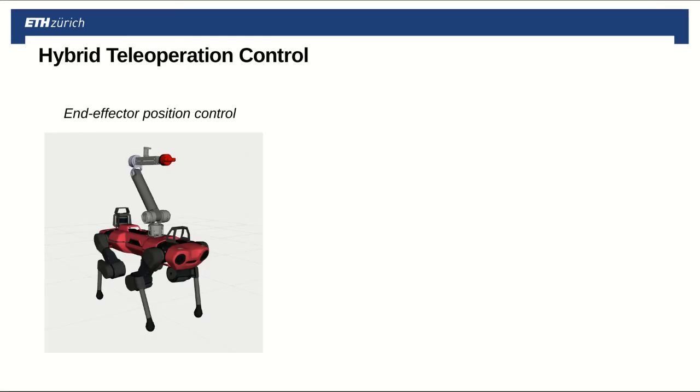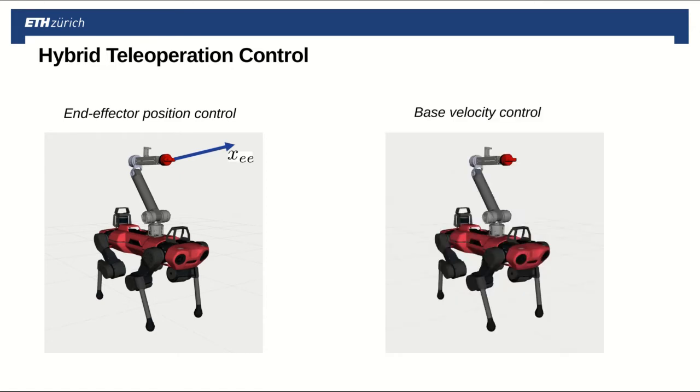There are two teleoperation modes that have been created. One is the end-effector position control mode, where the position of the master device is mapped to the position of the end-effector of the teleoperated robot. And then there is another mode which is used to navigate around. In this mode, the position of the master device is used to control the velocity of the base of